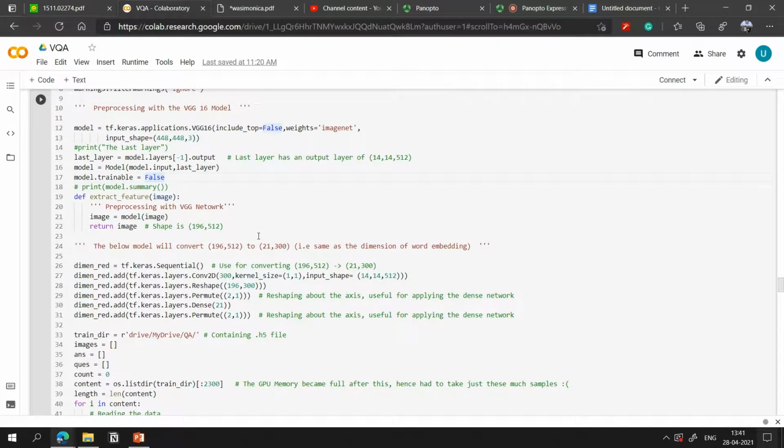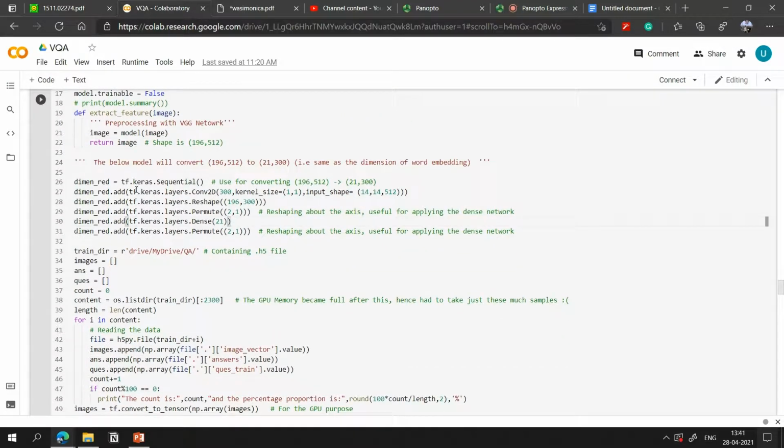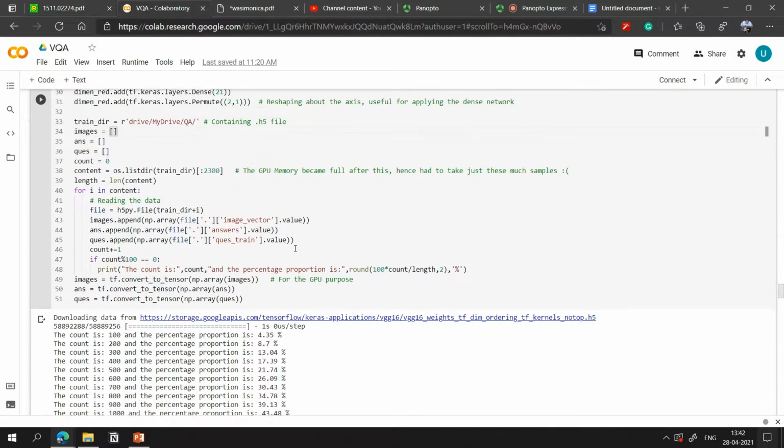The model of VGG should not be trainable. And this is the feature that I have extracted, and this part is useful for matching the dimension of the image to that of the question. I will also backpropagate it so that it would be more accurate in predicting the answers. And this was the h5 file.